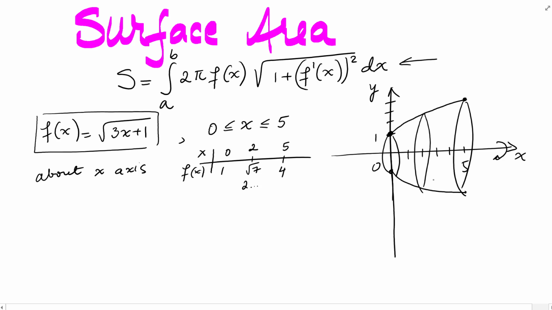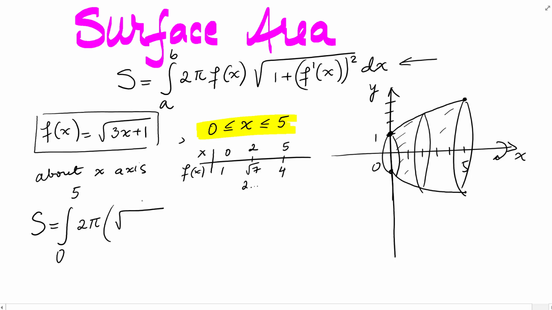And if we want to find the surface area, we are going to use the formula. So S equals the integral, and we also know the limits of integration, between 0 and 5, 2 pi